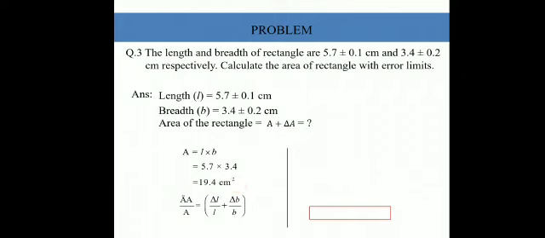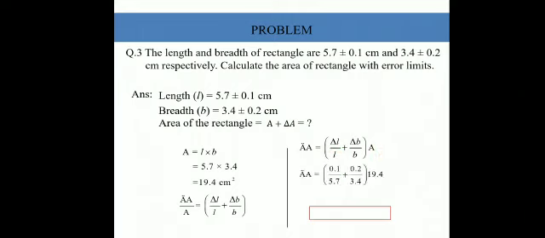If we take the denominator to the other side, delta A is nothing but the error in the final value. So the error in the final answer of area will be equal to the relative error in length plus the relative error in breadth. This is called absolute error, delta A. Delta L is the absolute error in L, delta B is the absolute error in B, and delta L by L is the relative error. So the error in the final answer will be the relative error in length plus the relative error in breadth, multiplied by the initial area.